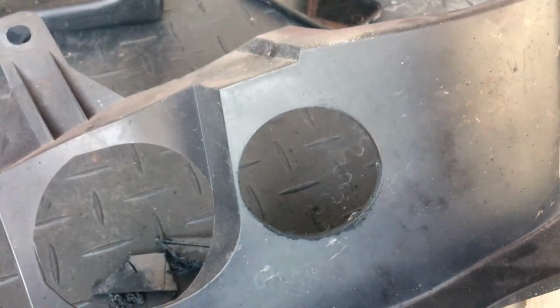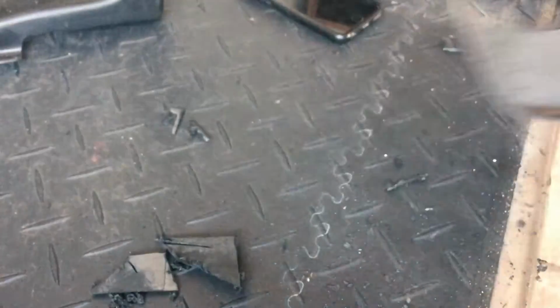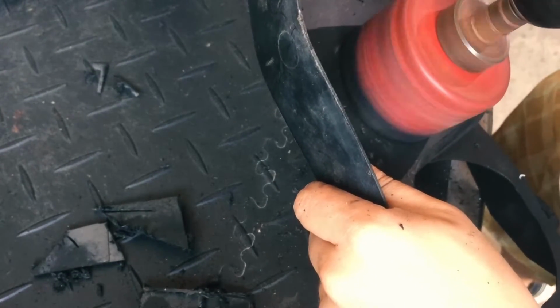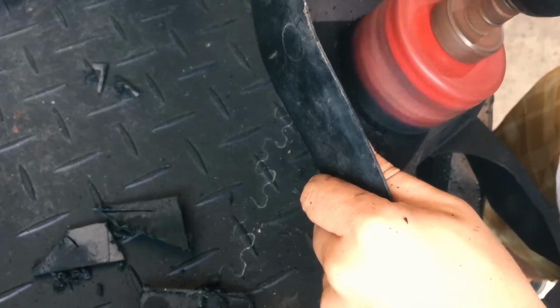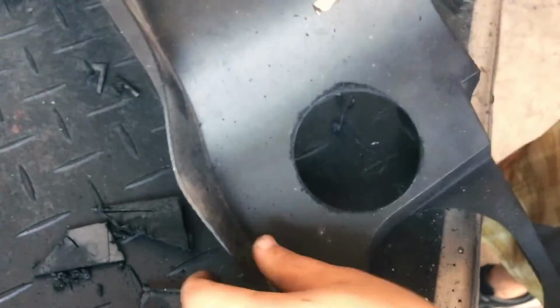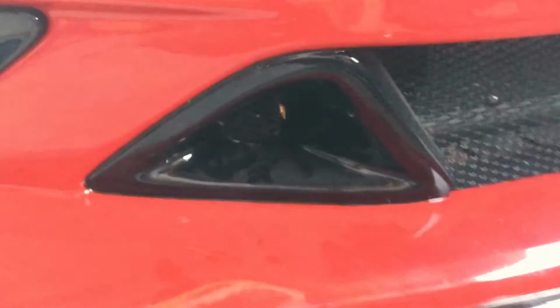Right in the edge. Let's hope that's not too high. But there's only one way to find out. We are doing the other side now. I'm not sure if you're gonna be able to see it. I'll try to put some lights under, but